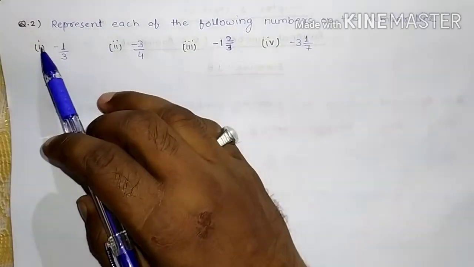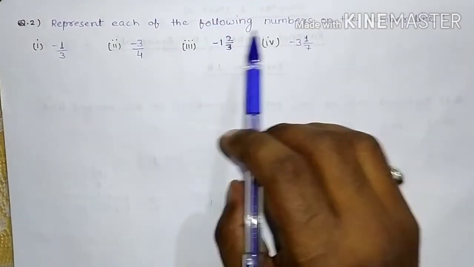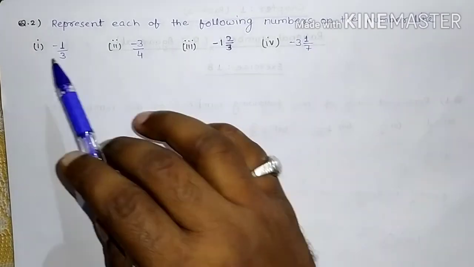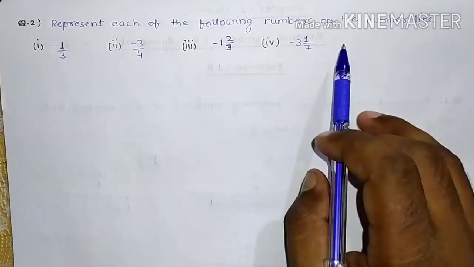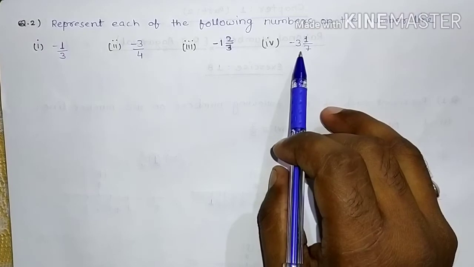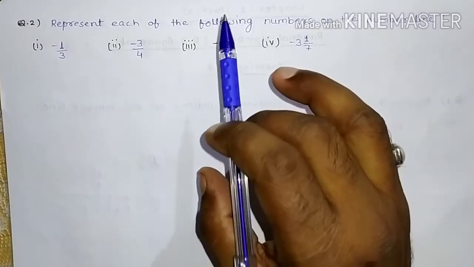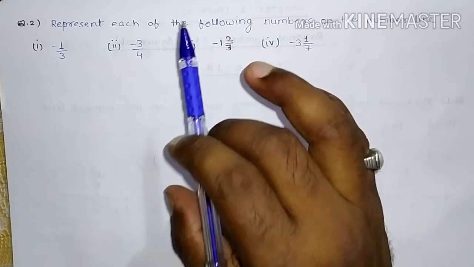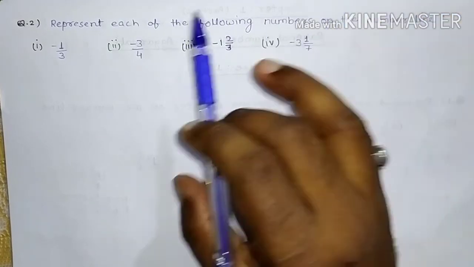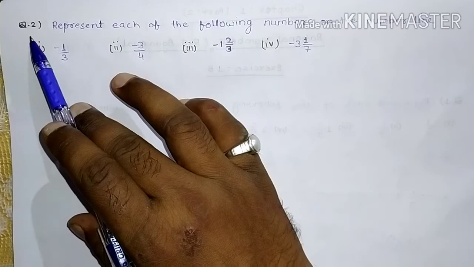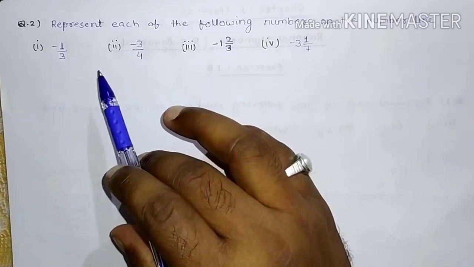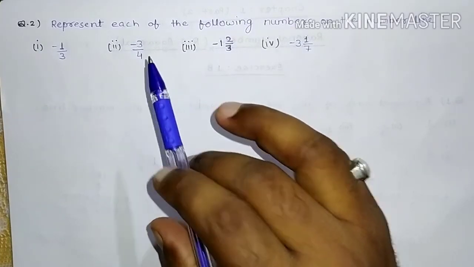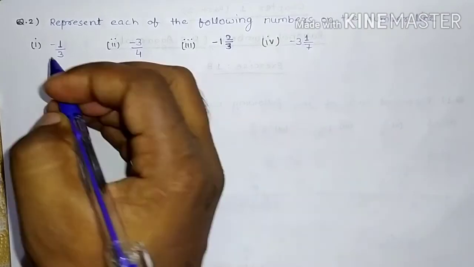question number 2. Represent each of the following numbers on the number line, and some numbers are given here. All the numbers are negative numbers. In the previous question we discussed the representation of positive numbers on the number line, and in this question number 2, we have to learn how to represent negative numbers on the number line. Now question number first,